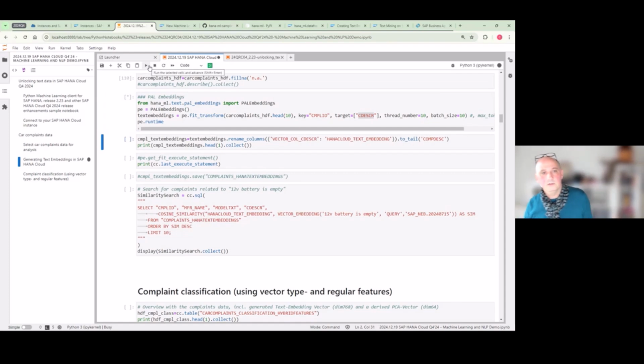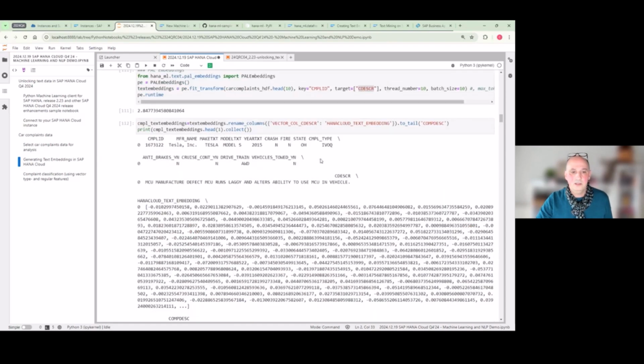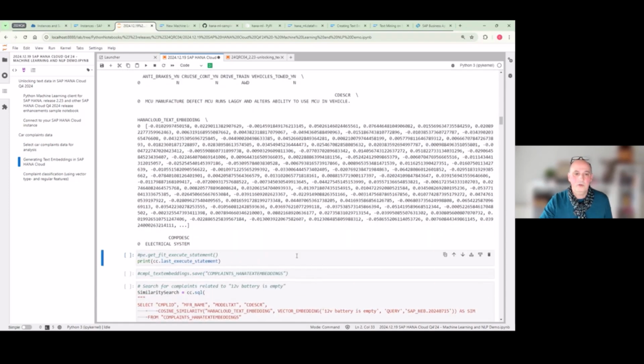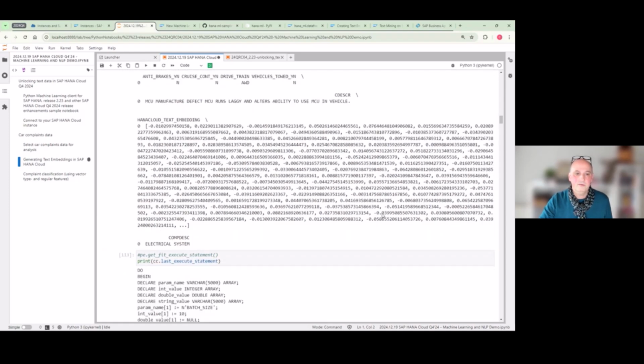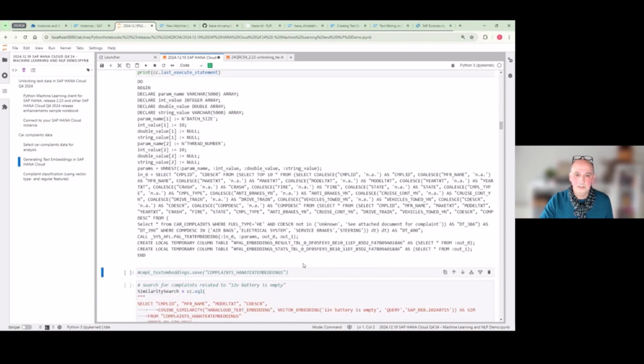That takes a short moment, but we can then take a look at the generated data using that data frame. Behind the column HANA Cloud text embedding is the actual embedding vector, which I have just created. For reference, we're using the function PAL text embedding behind the scenes to generate the embeddings